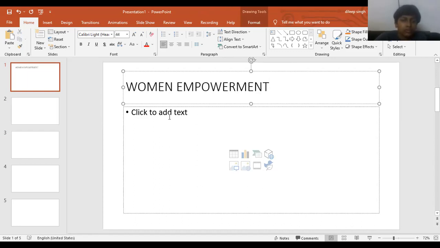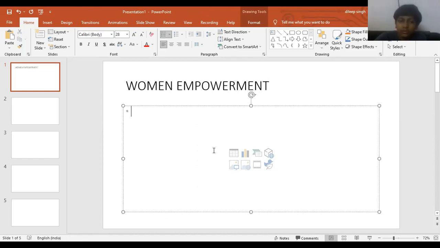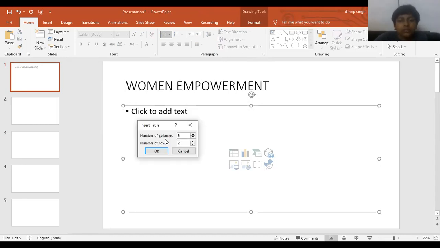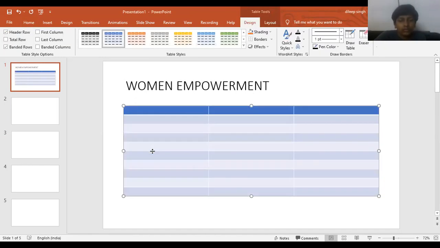And after that, if you want to add something, here the option is table. When you click on insert table, you will get the table format and it will ask how many rows and columns you want. So here we want 3 columns and 10 rows. Just type the number in this manner and click on OK. After clicking this, you will get the number of rows and columns according to your value.